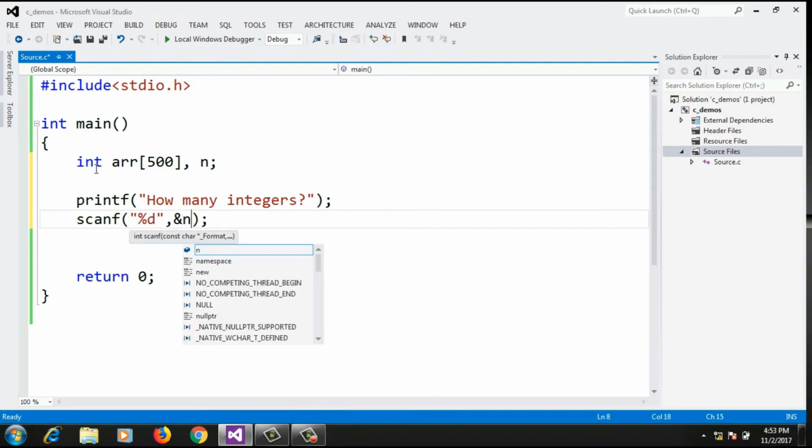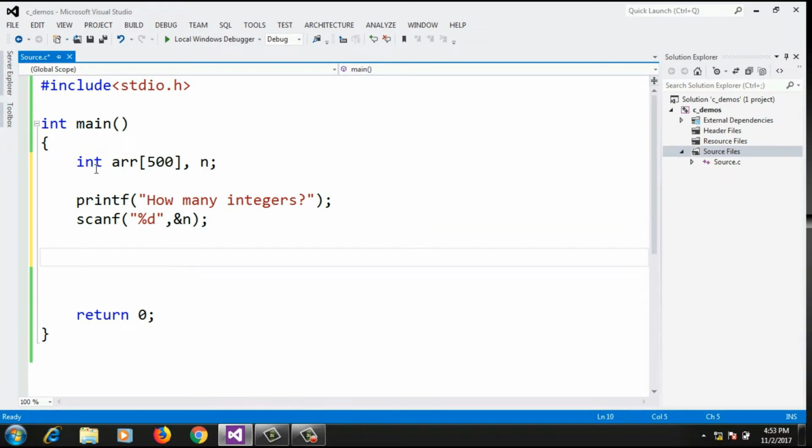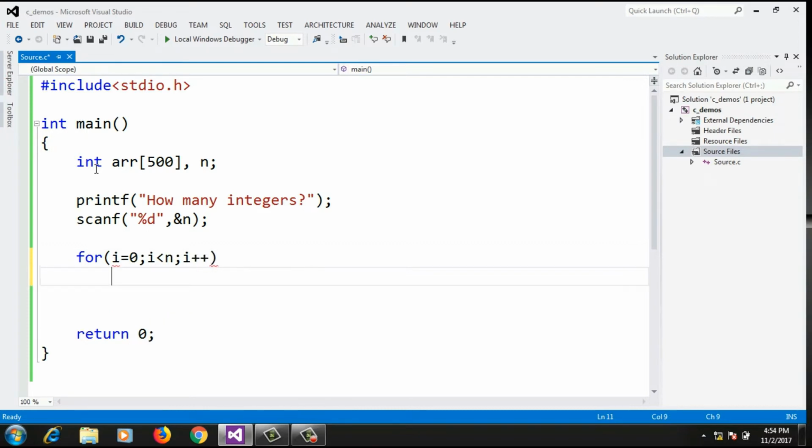comma ampersand n, and after that I will scan those n number of elements and store them inside the array. So for that I will write a for loop. To scan the array elements it will be a for loop. So for i equals 0, i is less than n, i plus plus, where i is some counter variable.